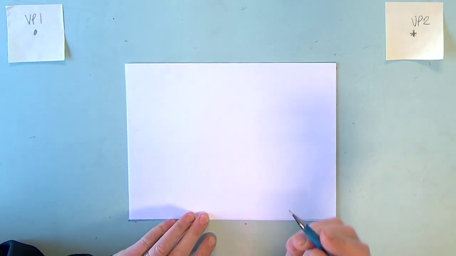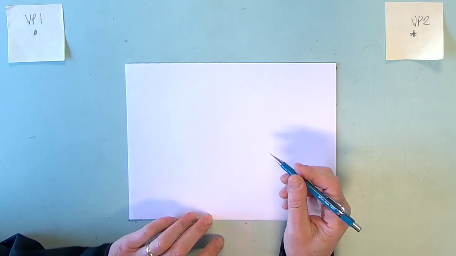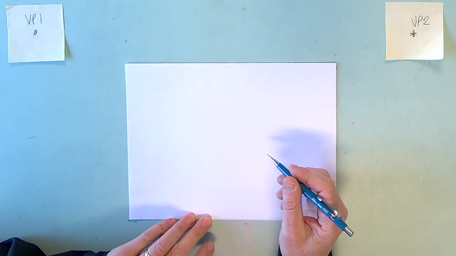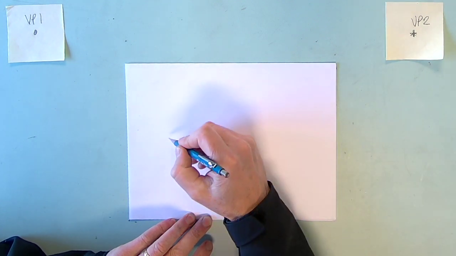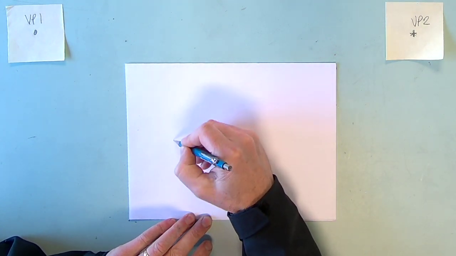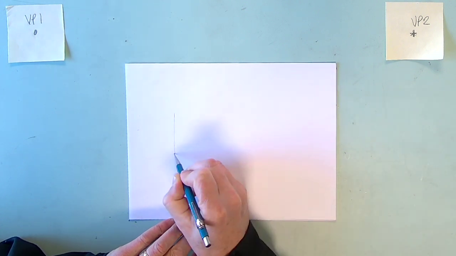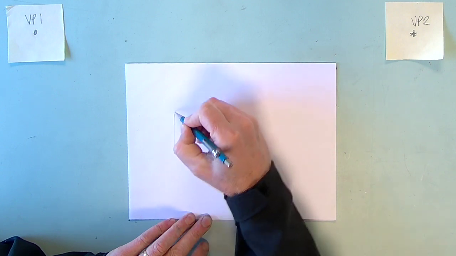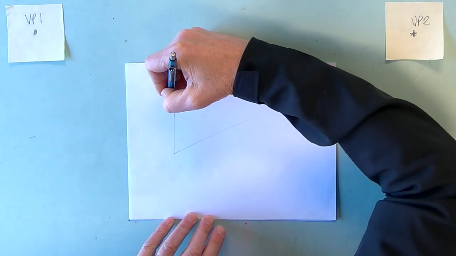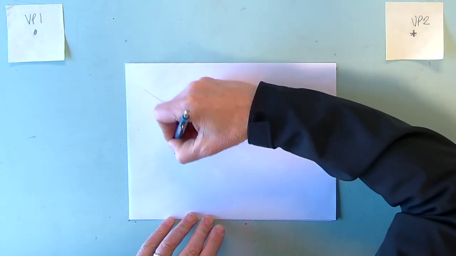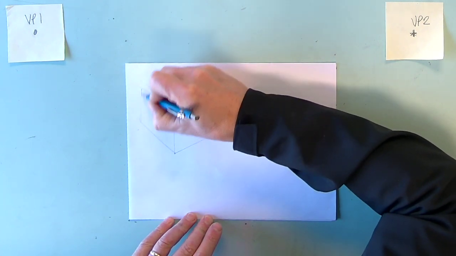All right, so we're going to do two objects in this, and taking on the theme of Christmas, we are going to do a little toy car and a Christmas tree ornament, like for a Christmas tree. So first off, you're going to start off with a box. There's my first line off to vanishing point number 2, and then off to VP2, and then off to VP1, and off to VP1. I'm going to say the car is going to be about this wide,